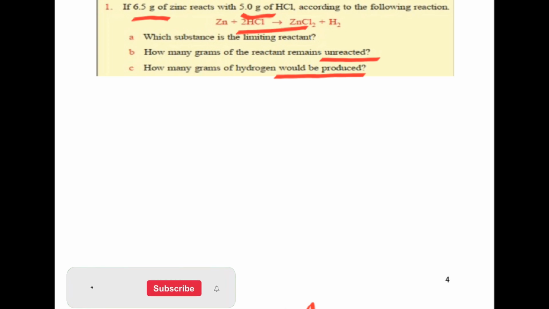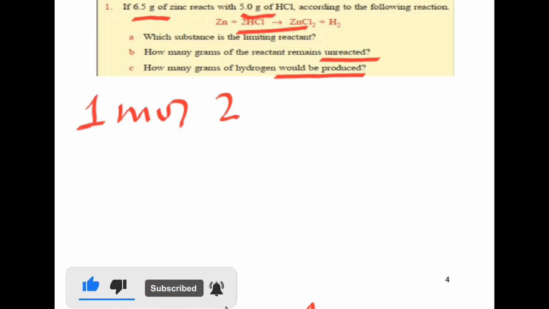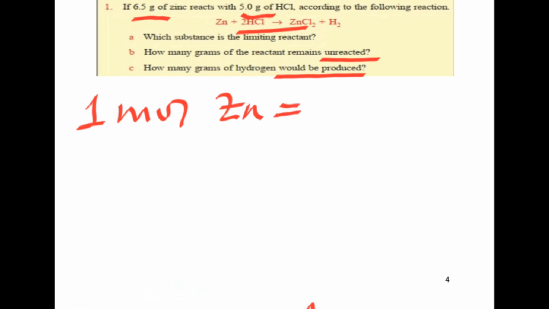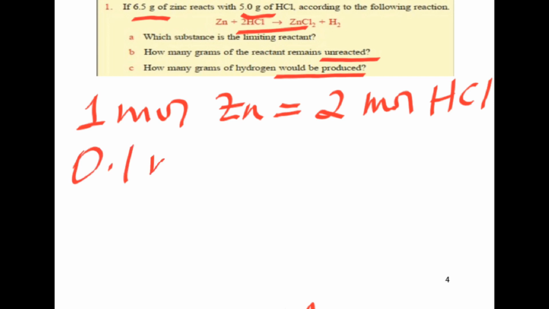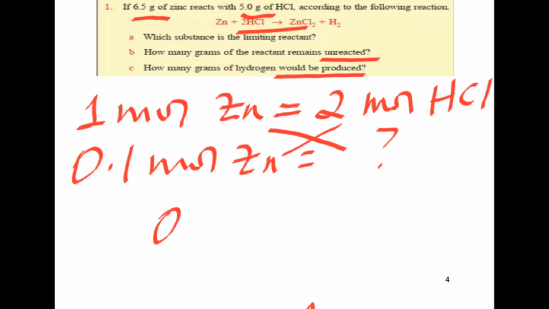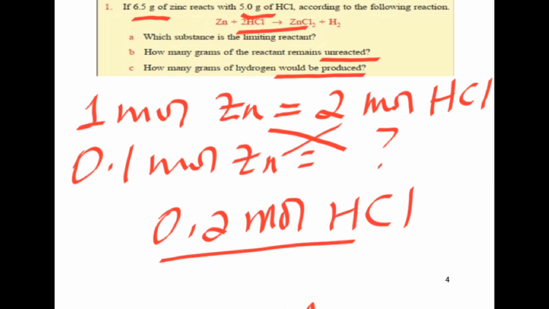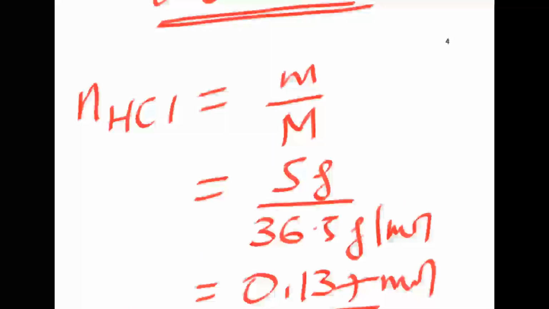So from the balanced chemical equation, for every mole of zinc, ስንት mole of HCl ያስፈልገናል? 2 moles of HCl. Therefore, for 0.1 mole of zinc, ምን ያህል HCl ያስፈልገናል? 0.2 moles of HCl are needed ማለት ነው። ግን ስንት ነው ያለን? We have only